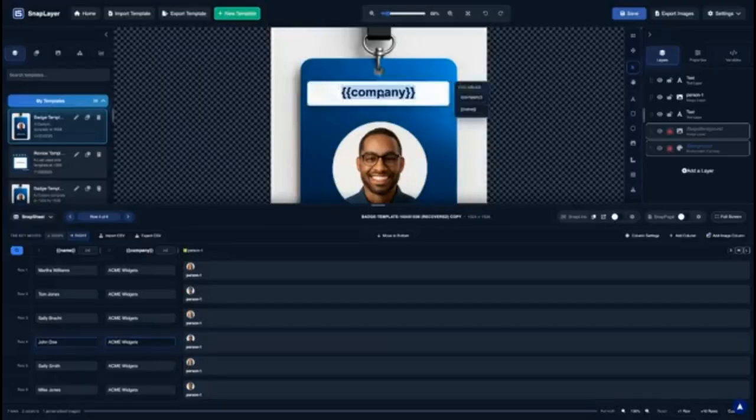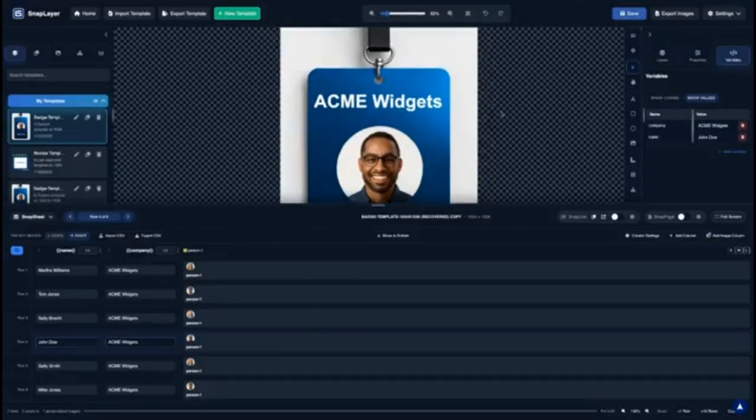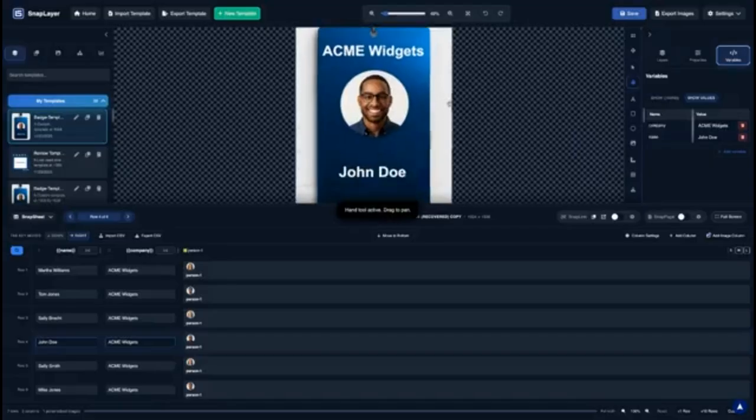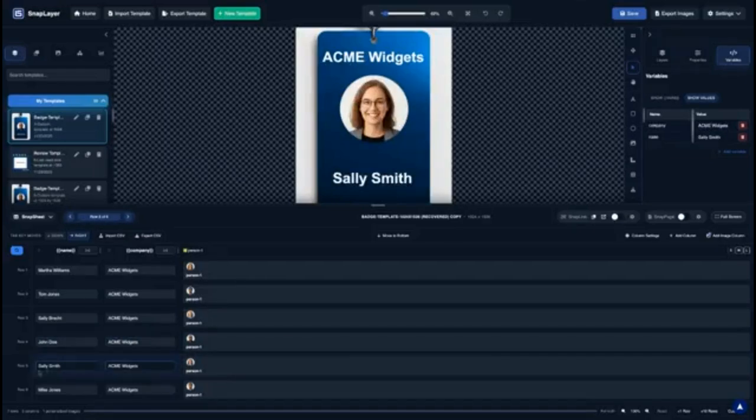And then as you can see, let's go to our variables. We can actually see where our variables are in our image by going to our variables and swapping over to the variable view. That way we can find any editable variables in our image. So we're going to show our values. And then if we want to change this per row, we just go to the next row. We can just select it, we can tab to it. We have all these ways to put data in quickly in the spreadsheet